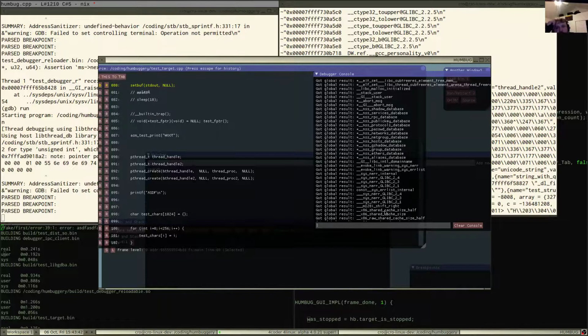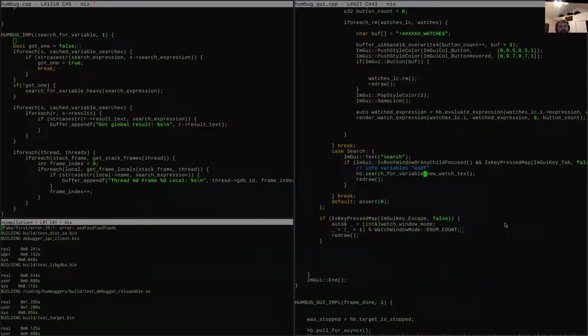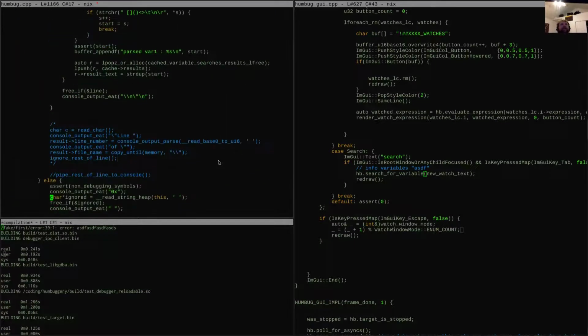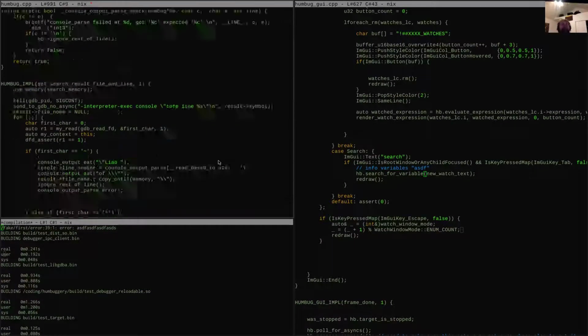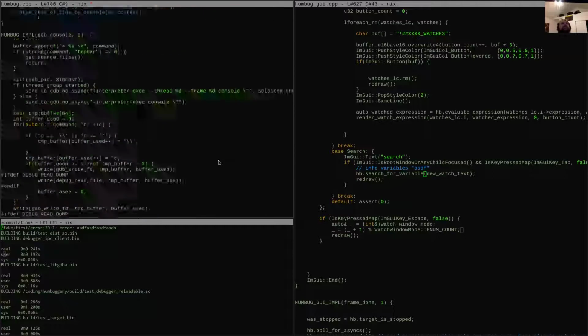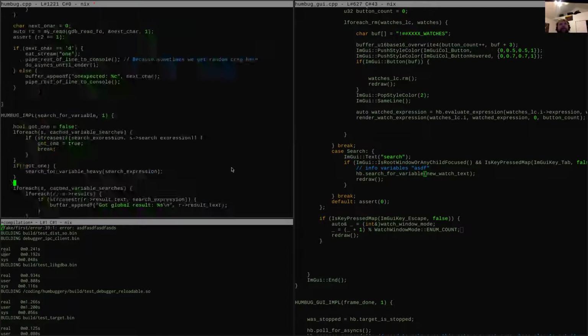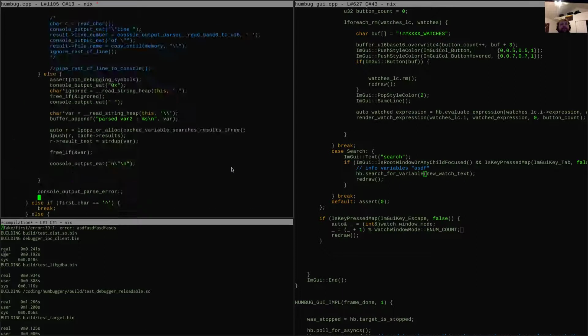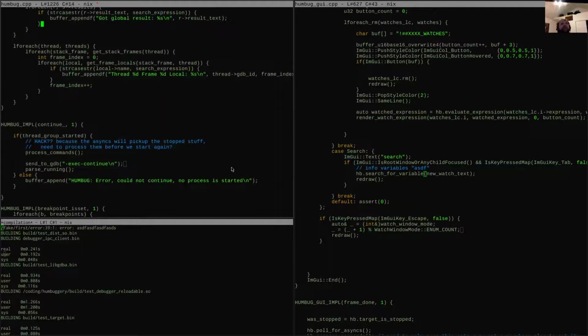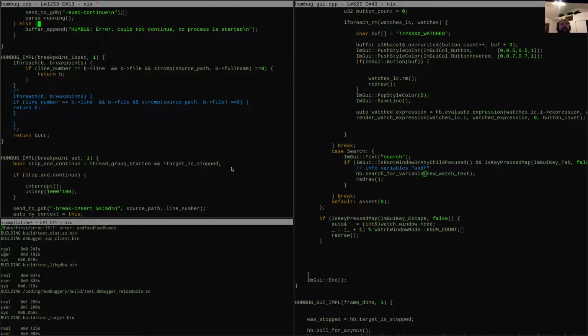So I think an easy way to bypass this problem is to make it so that it only does heavy searches if your strlen is greater than 3.